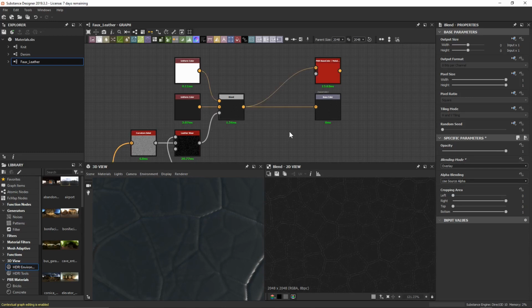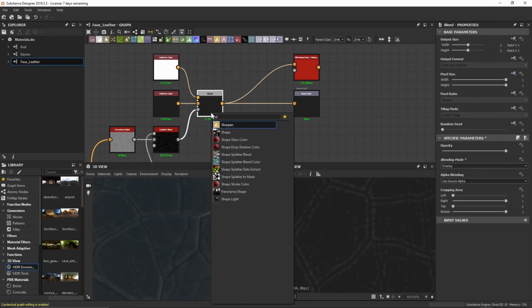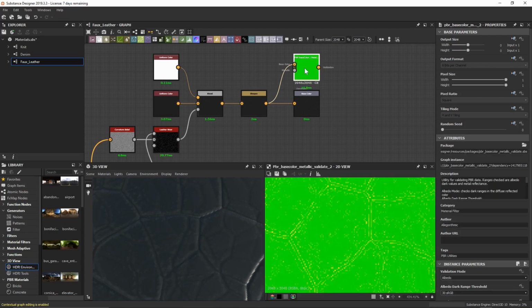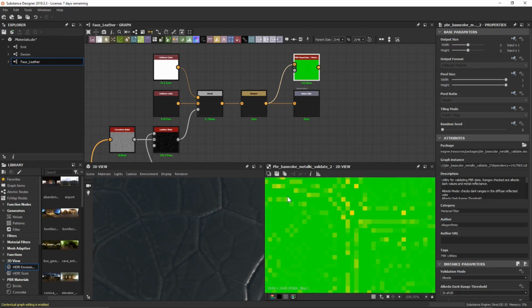And now finally, the last thing I want to do for our color is go ahead and again sharpen everything up just a touch here. So let's go and use a sharpen node. And by default, 1 is a little bit too intense, but let's go and actually bring this intensity down to about 0.25. And now taking a look at our PBR validate, we can see that maybe some of the edges